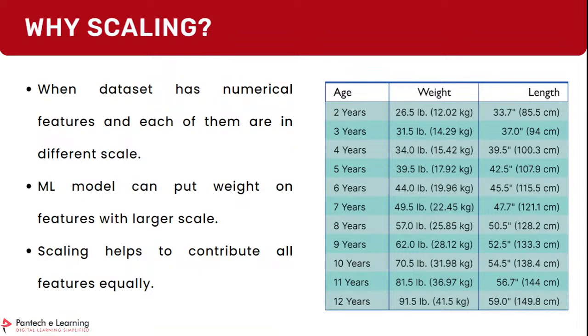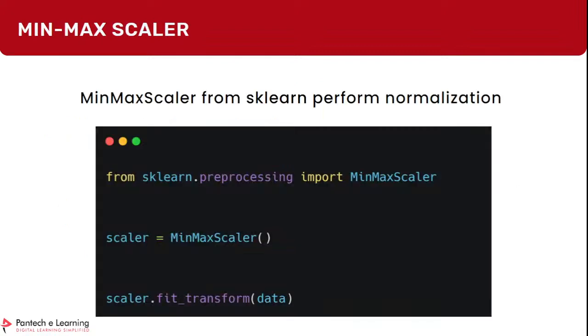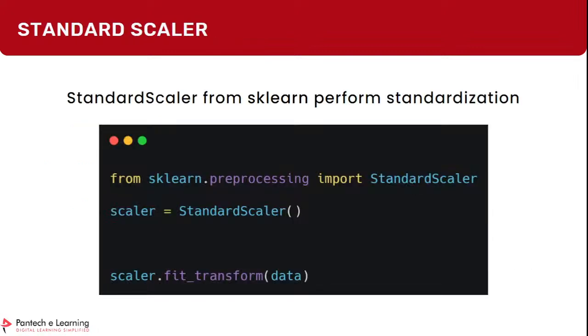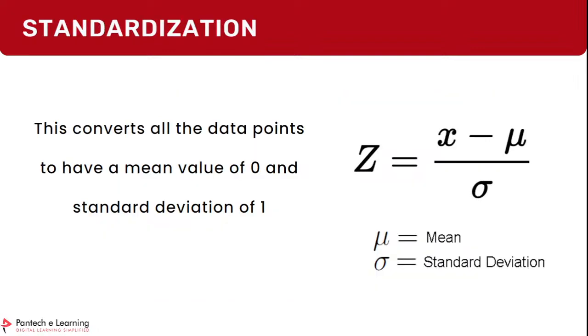It's a way of scaling, and you can perform this with the help of a library in Python called sklearn.preprocessing. You can import MinMaxScaler and you can fit and transform it, and you can also perform standardization. This is also a part of preprocessing. So you can use this particular formula, which is x, that old value, minus mean value of that column divided by standard deviation of that column, and this will help you to convert your values. New values will be, that particular column will have a mean value of 0 and standard deviation of 1.